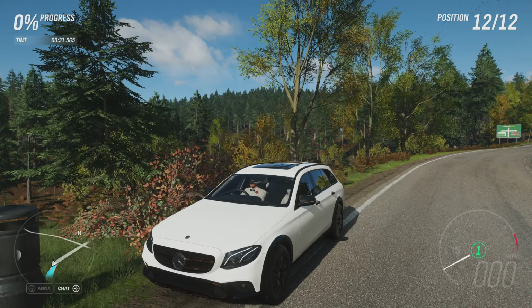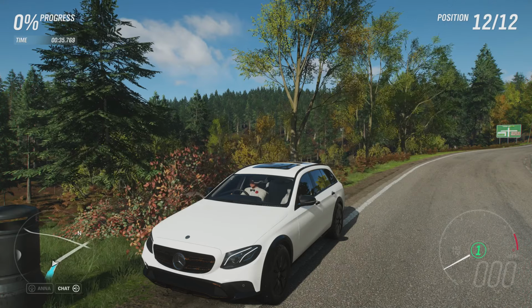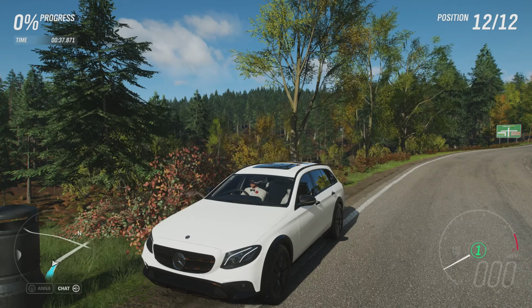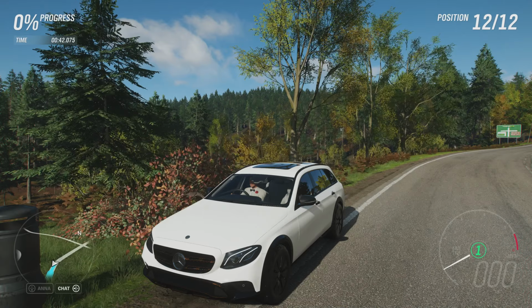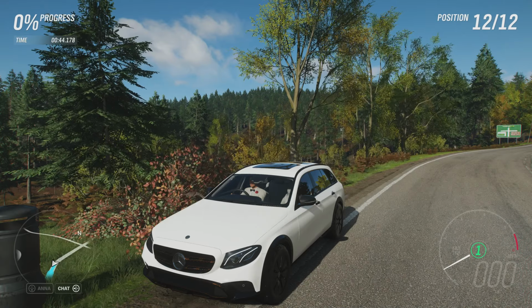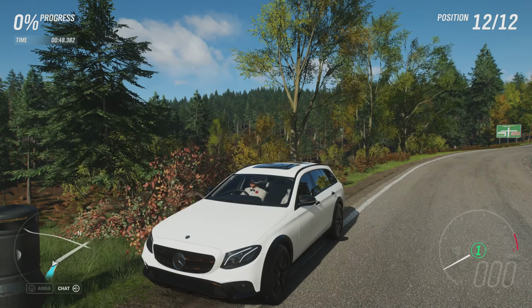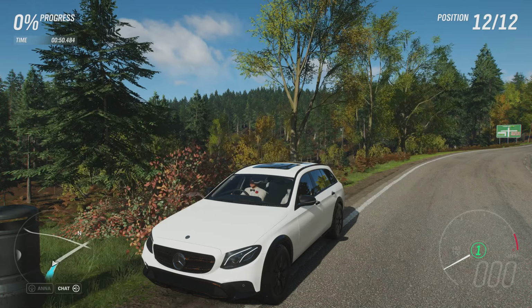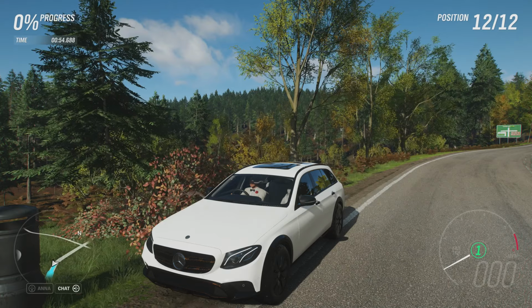Today we're dealing with the 2017 Mercedes-Benz E350D 4MATIC All-Terrain. At 705 horsepower, 1,248 pounds-feet of torque from a 3.5 litre diesel turbo V6 engine, the car itself weighs 3,332 pounds. It has off-road tyres to go with its all-wheel drive system as well as off-road suspension, and it can do 0 to 60 in 3.422 seconds, 0 to 100 in 6.814 seconds, and a top speed of 204